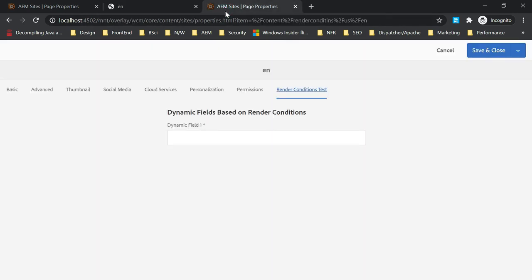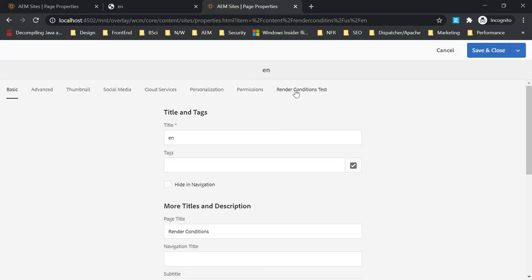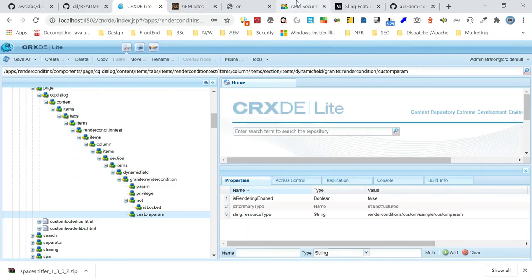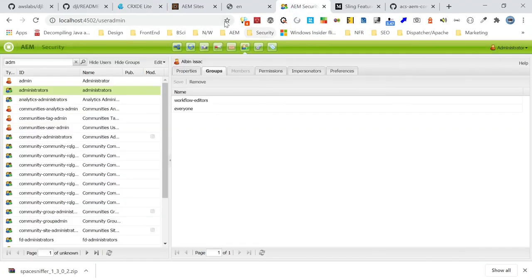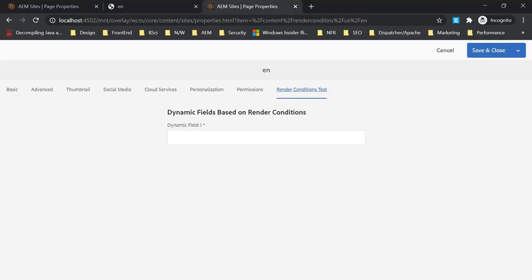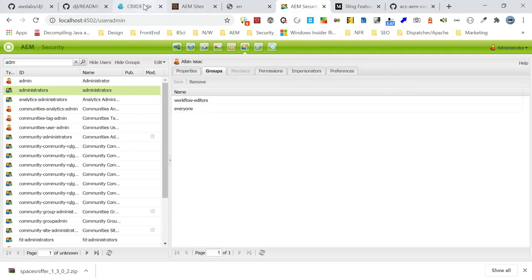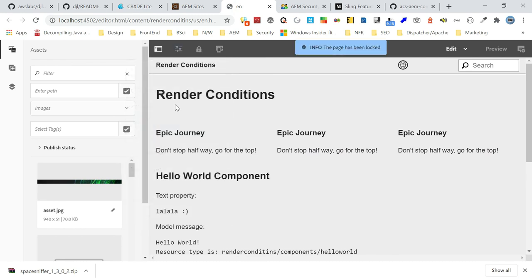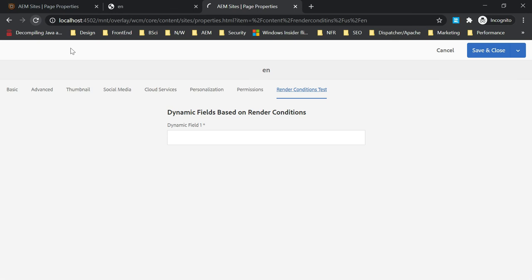Now if I go back here and refresh, it should not be displayed now. All other conditions are false. Okay, one of the conditions is true, so I need to fix that. Okay, give me a moment. Yeah, the page is locked or something. Okay, I need to do it. Now if I go back and refresh,